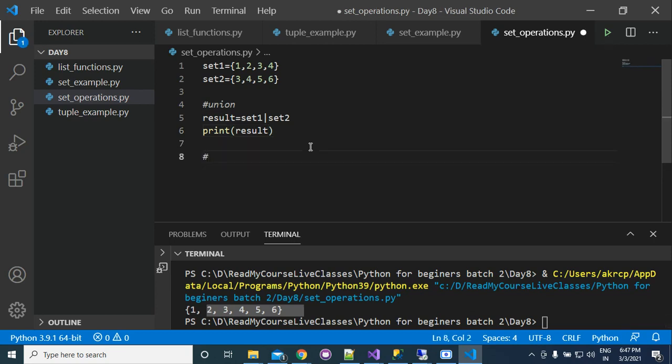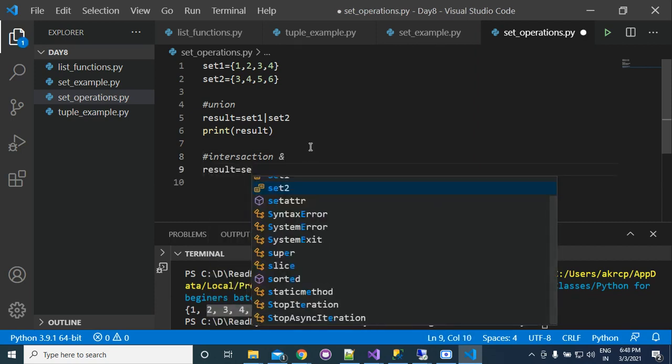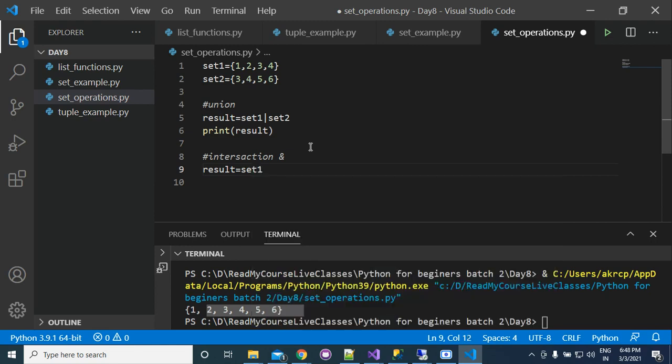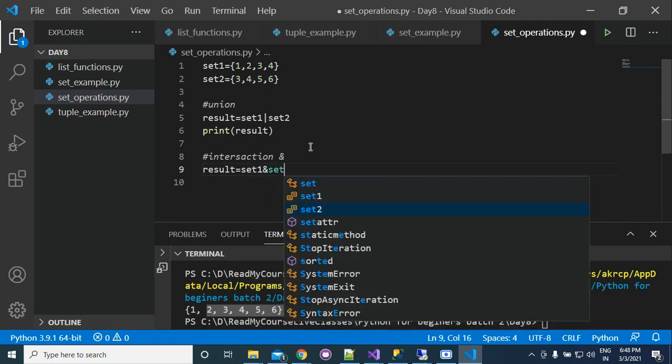Next is intersection. For intersection we use the AND operator. So we will write result is equal to set 1 and set 2.